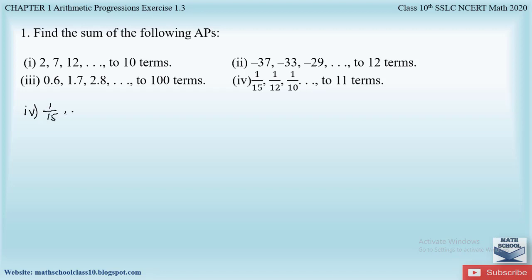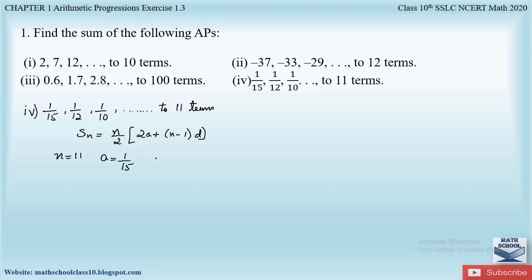Now coming to the last part of question number 1, that is the fourth part, which is 1 divided by 15, 1 by 12 and 1 by 10 and so on. We have to find the sum of 11 terms. So let us write out the formula for this. Sn is equal to n divided by 2 times (2a plus (n minus 1) into d), where since they have asked us the sum of 11 terms, n is equal to 11, a is equal to the first term, that is